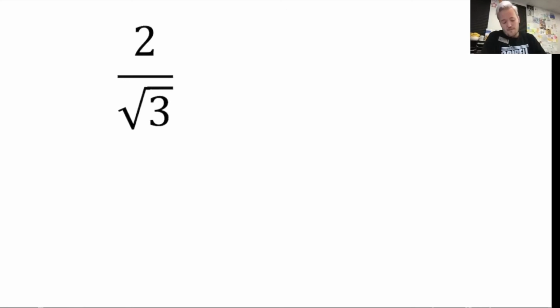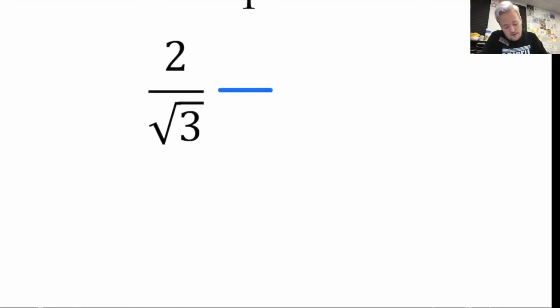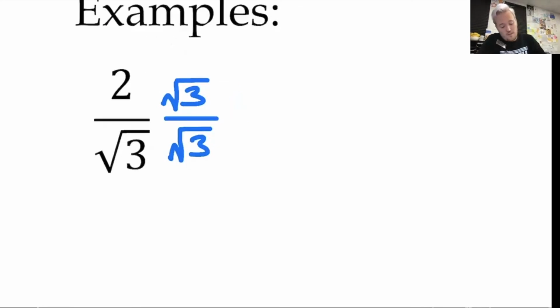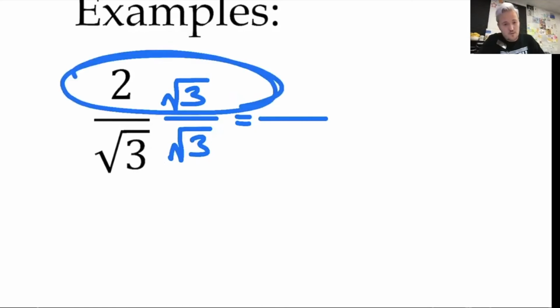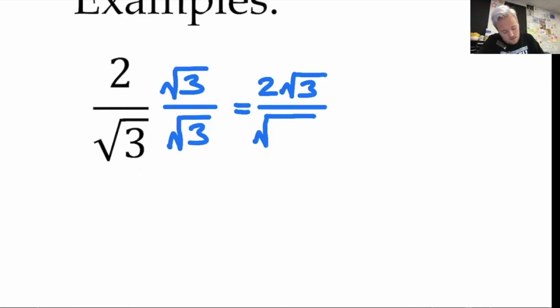All right, so in order to do that, I'm going to multiply by a form of 1. But I want to do that using the value that's in the denominator. So I need to get rid of the square root of 3. To do that, I'm going to multiply by the square root of 3 over the square root of 3. If I simplify this, it's still 1, so I'm not actually changing the value. When I multiply across, in the numerator, I'm going to multiply 2 times the square root of 3. So I'm going to have 2 root 3. And then in the denominator, we're going to have the square root of 3 times 3,